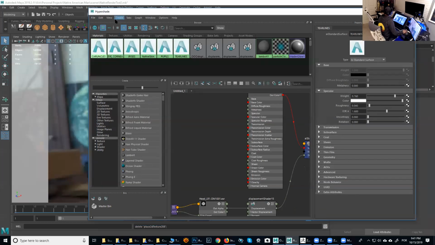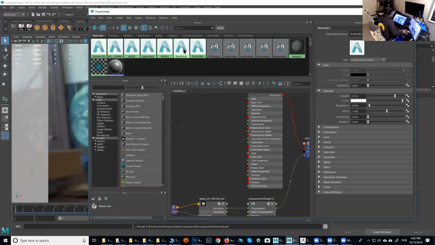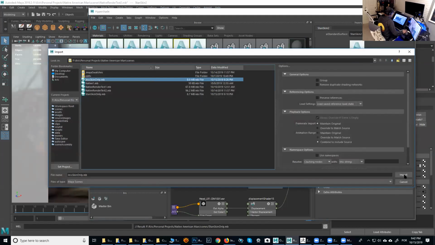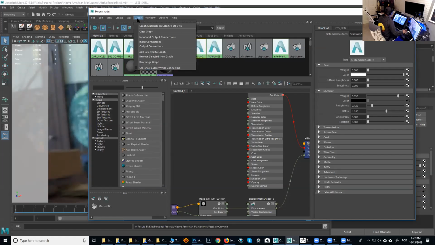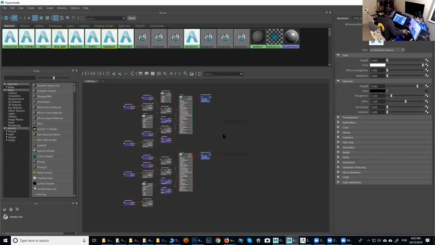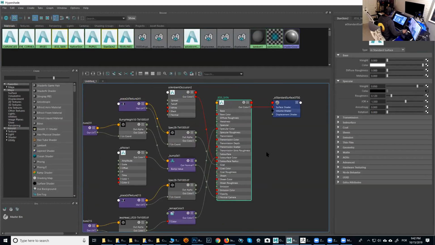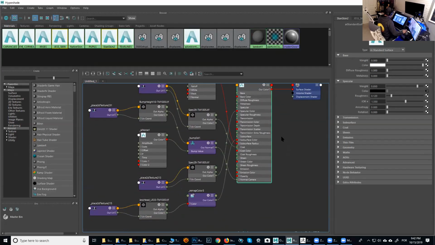So what I can do here under Hypershade is File, Import, and let's get the first one, which is going to be the Stan Winston one, and import it. So Stan skin is right there. And then the second one is going to be Jess skin. So now I have Stan and then Jess. I'm going to select both and do the graph input and output, so they're both right here. So let's start with the Jess one and see what's the node that we're going to be plugging in to create the